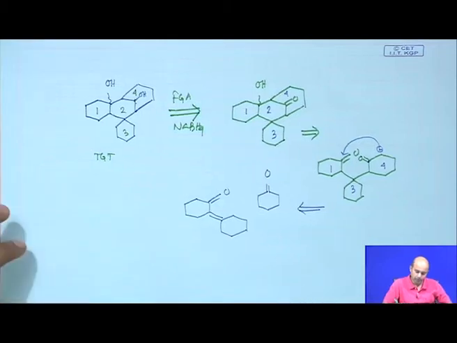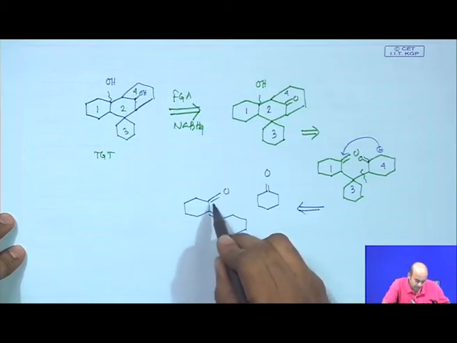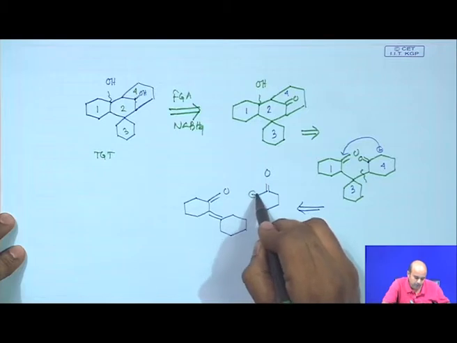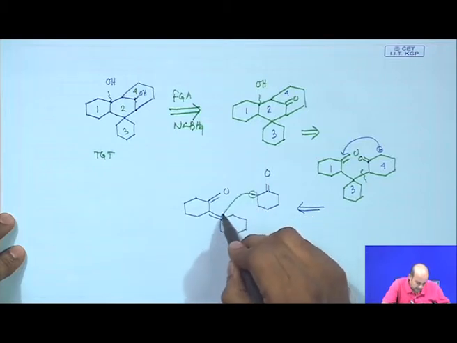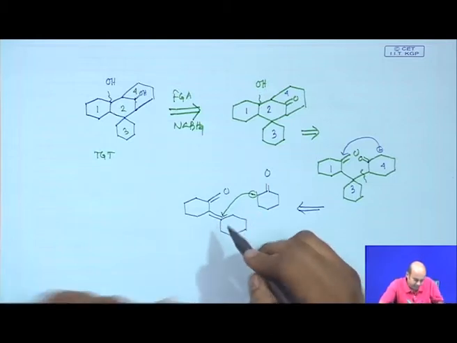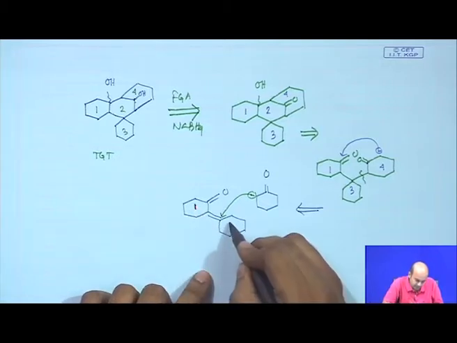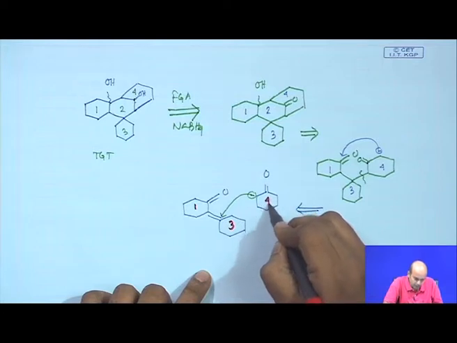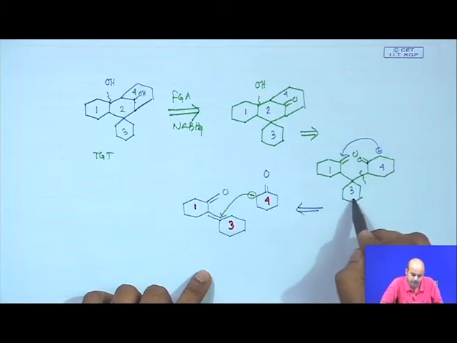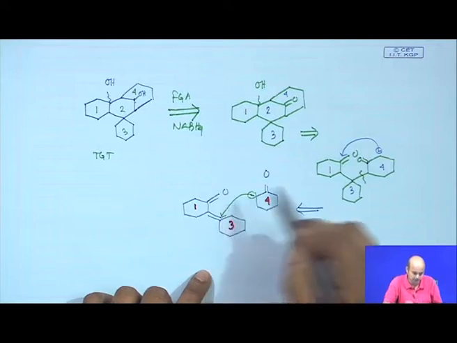Now, what bond are we making? We are basically making this bond. How? Now, you see this compound is an alpha beta unsaturated ketone. We have a cyclohexanone. So, this can undergo a Michael type addition here. Now, once it gives the Michael type addition, this entire cyclohexane ring, this is 1, this is 3, this is 4. So, that puts this 3 ring as a spirocycle. So, this carbanion is attacking in the Michael fashion to give the ring 3.